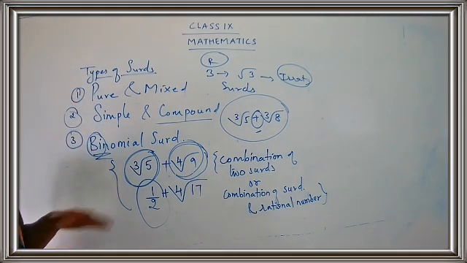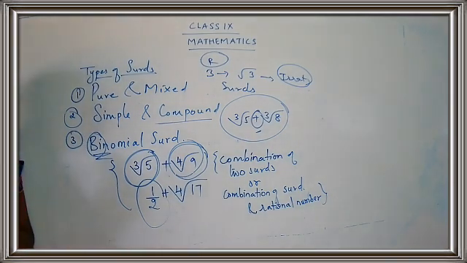I hope you are clear with the different types of surds, children. And we have already taken down these points under points to remember. So let us continue with today's work. We have some more points to take down. And after taking down some of the points, we will continue with exercise 2.6. Okay, children? So get ready with your classwork. Take down your classwork.